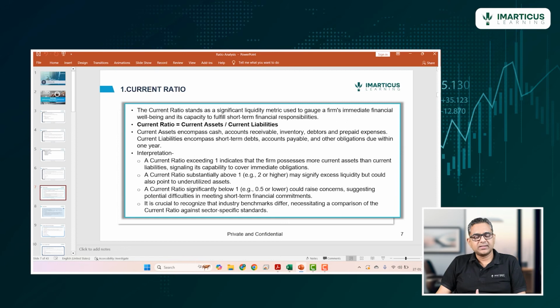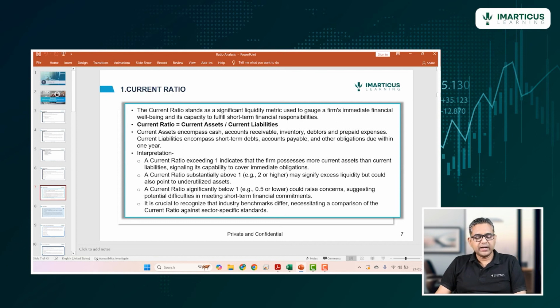So that's fine. When we are looking at a particular ratio, we need to look at it in comparison to other similar companies, and then we can comment on whether this company is doing well or not, right? That means I cannot compare the current ratio of TCS versus the current ratio of Indigo. That would be a wrong comparison. They are in different industries. So within that industry, what is the relevant current ratio? And then we can compare companies within that industry. That is more logical, and that is how we should go about ratio analysis in general.